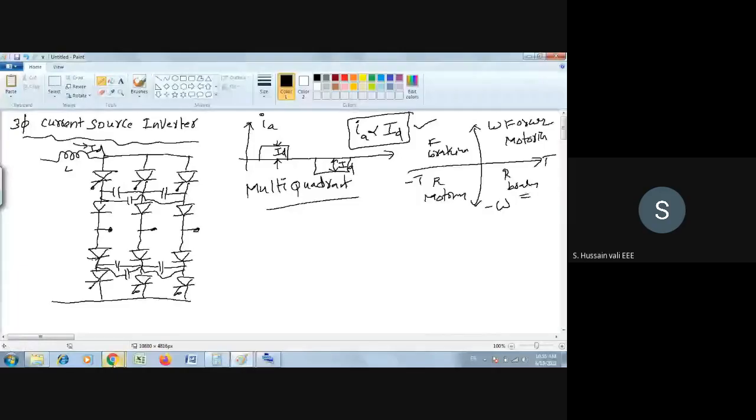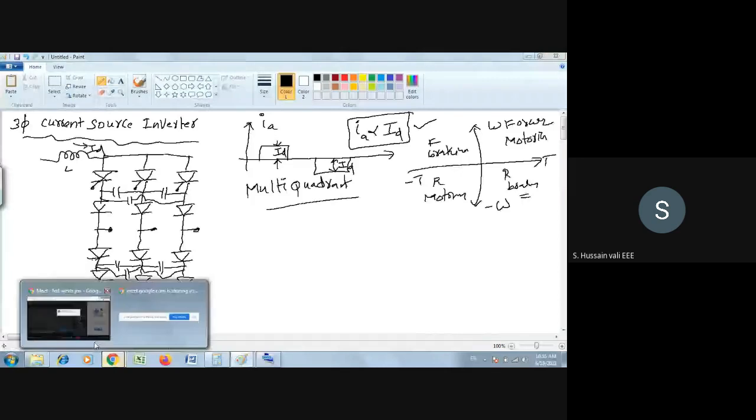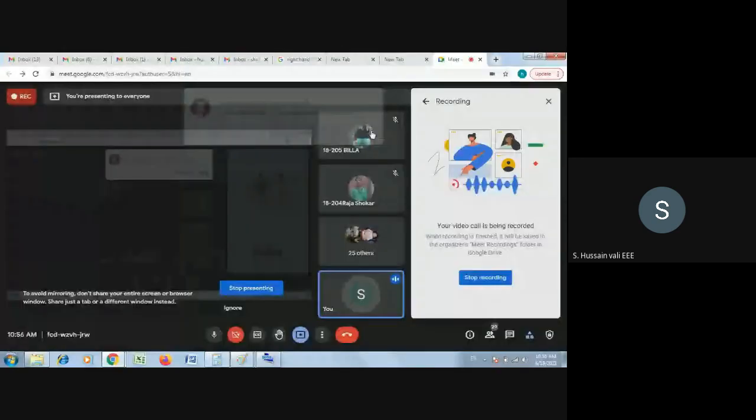I hope you know what to do for braking. For the braking condition, you reduce the frequency of the stator. If you reduce the frequency of the stator, then obviously the slip becomes negative, the power becomes negative, and it goes into the braking condition. Whereas when you want to make omega negative, you change the phase sequence, meaning you change the connections. We have three terminals, so we have three phases.